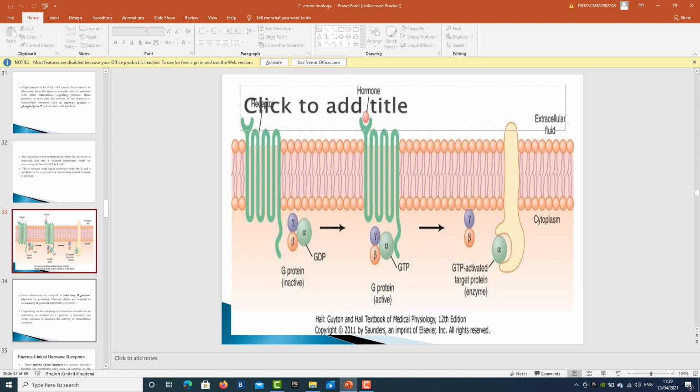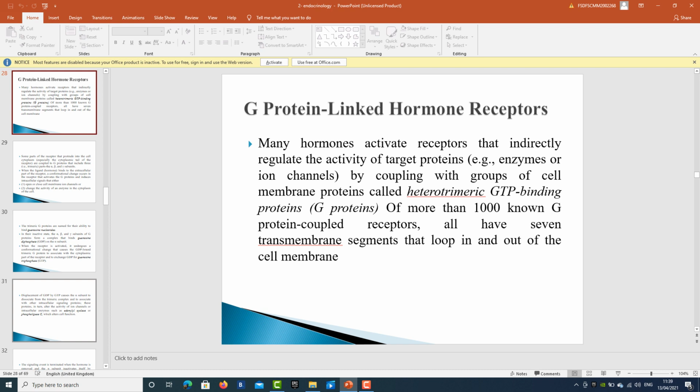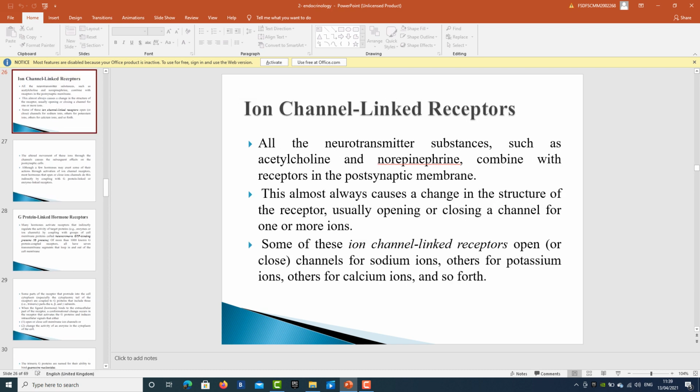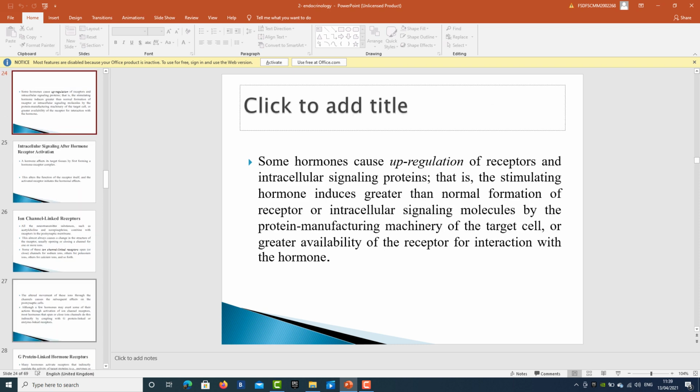We are going to learn about all this in detail tomorrow, and you should be learning all the details which we have done today. What are the different characteristics of hormones? What is the mechanism of their feedback control? What are the sites of receptors for different hormones? What is the upregulation and what is the downregulation of receptors? So this is all about today's lecture.